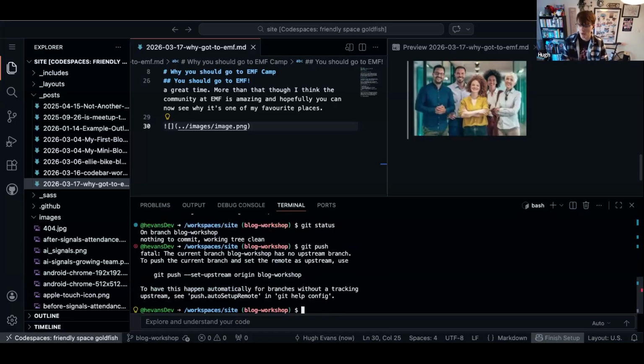I'm going to run that, but you'll notice that that does not work. So we have a fatal error. And this is that the current branch, Blog Workshop, has no upstream branch. What this means is that on the remote, we don't yet have a branch called Blog Workshop for us to push our changes to. Luckily, Git is very helpful, and it gives us the command we need to fix this,